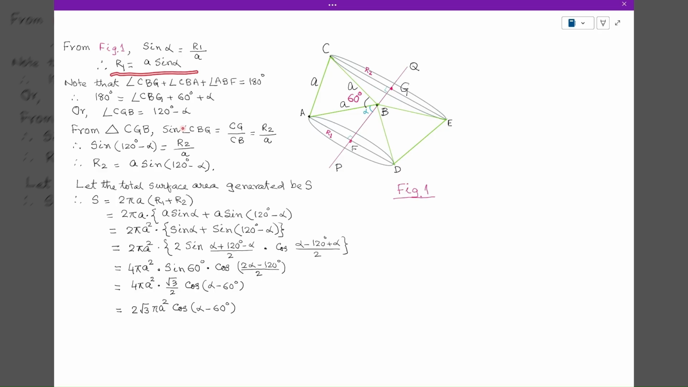Note that angle CBG, that is this angle, plus angle CBA, that is this angle, plus angle ABF, that is this angle, together this plus this plus this is equal to a straight angle which is 180 degrees. Therefore,